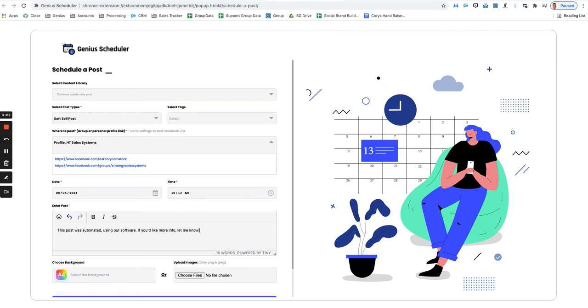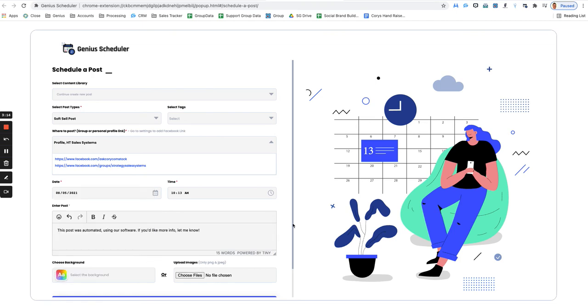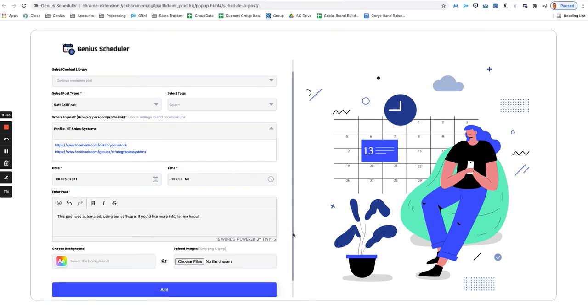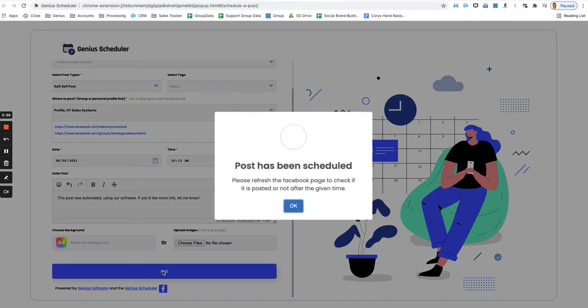How's that? Okay. So I can come over here and I can set backgrounds, right? I can set different colors, all of those things, right? It's pretty fantastic. So we're going to keep this one simple. I can add pictures and whatnot, but just to show you guys how this really works, let me go ahead and switch this to 10:13. That's perfect. Add. So what you'll see here is it's going to add, right?